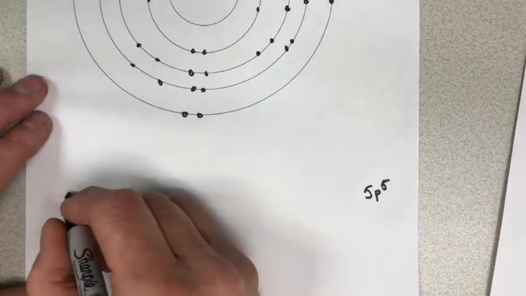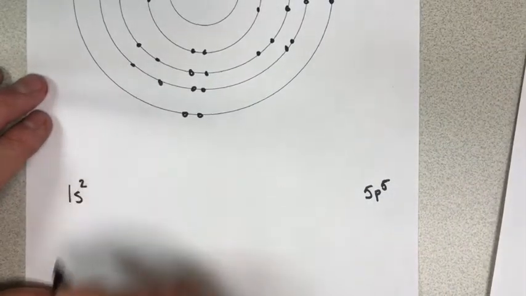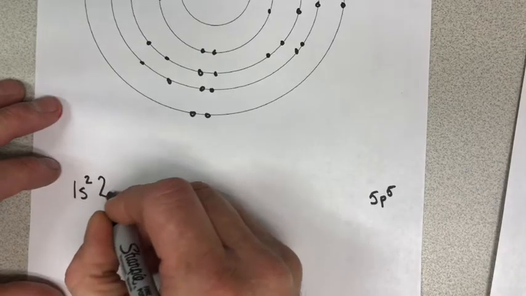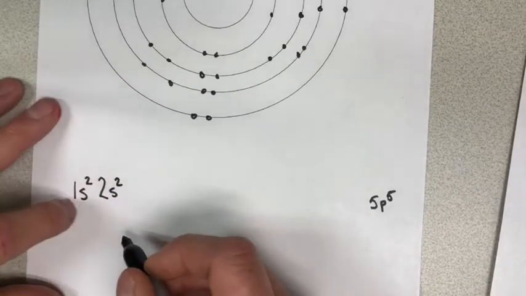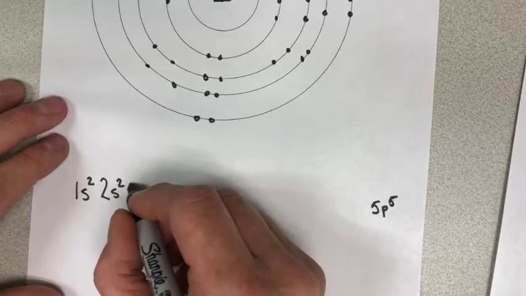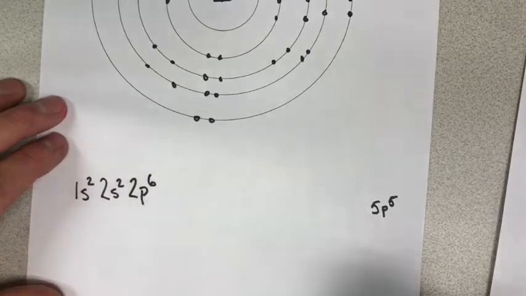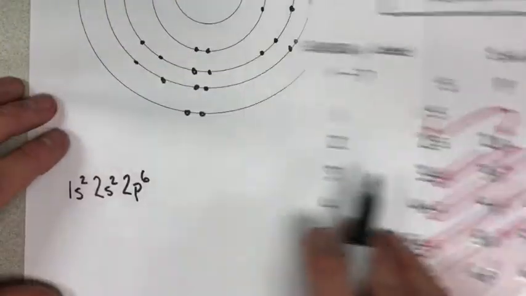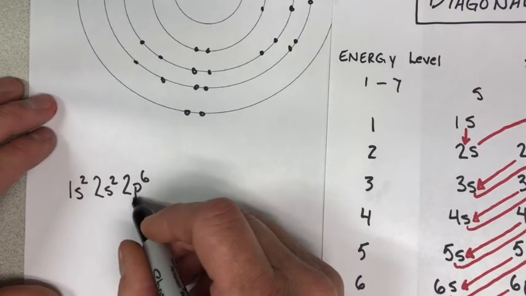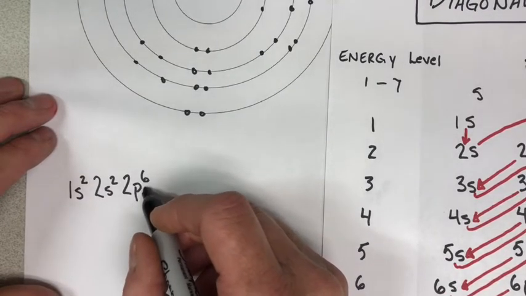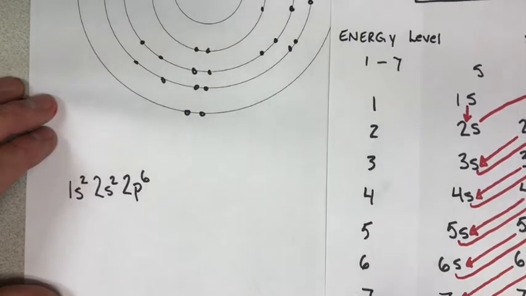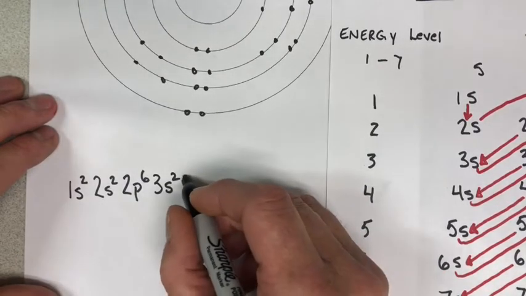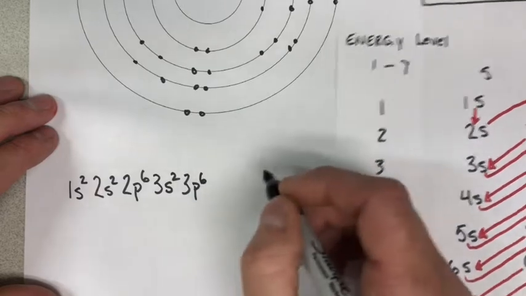So we're going to follow 1s, and then because there are 2 electrons in that orbital, we put 2. 2s2. That means that the s orbital is full with 2 electrons. 2p6, right? That's our next stop on the diagonal rule here. And that just means that each of these 3 p orbitals has 2 electrons for a total of 6. After 2p6 comes 3s2, then 3p6,